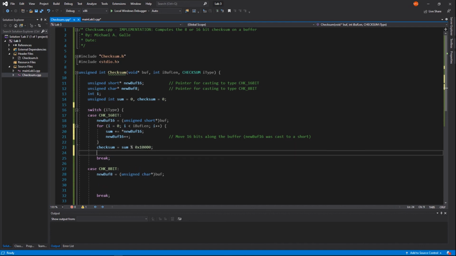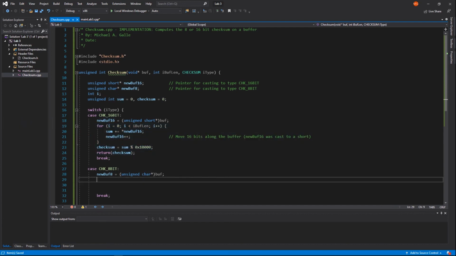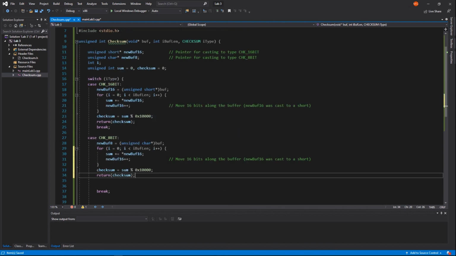That's our checksum, and then I return checksum, and then Control S to save. Okay. Now the only difference between this one and the next one, so I can copy this, Control C, put that here, but be cognizant of the fact that it's not new buff 16 now, it's new buff 8. Now we're not moving 16 bits along the buffer, we're moving 8 bits, right? New buff 8 was cast to a